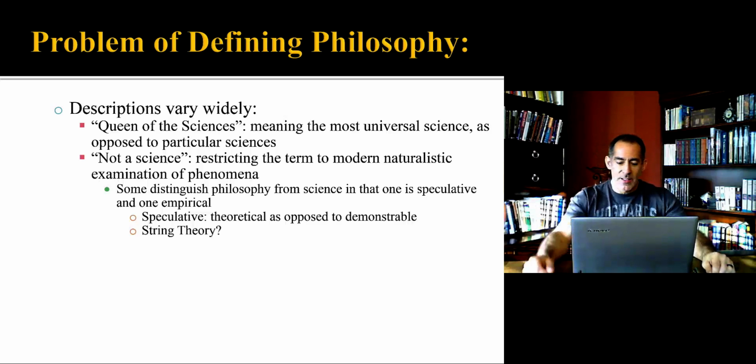And then, of course, we're going to have to define that. Kind of science, we tend to think kind of modern physical sciences, natural sciences, and so on. And one of the aspects that a lot of people associate with philosophy is this idea of being speculative. If we're going to distinguish philosophy from science, perhaps we'll say philosophy is speculative and science is empirical, where we rely on our senses and gathering data.